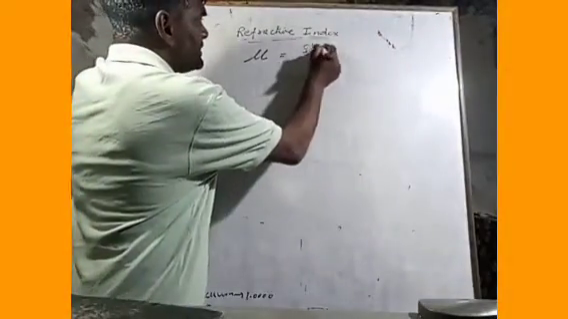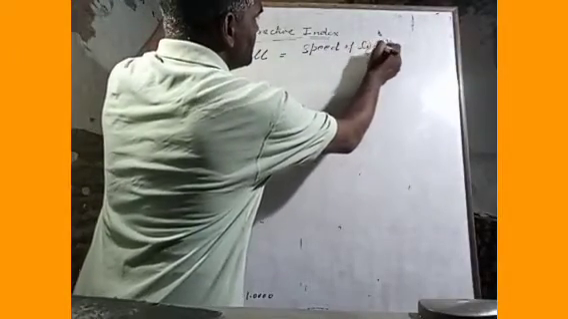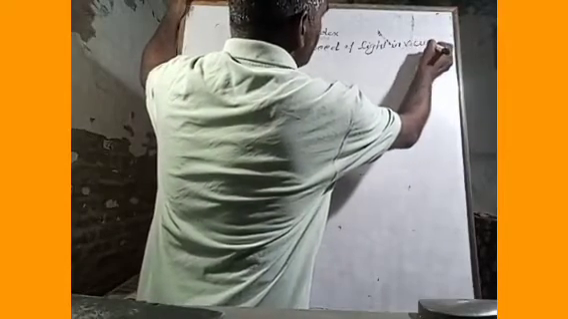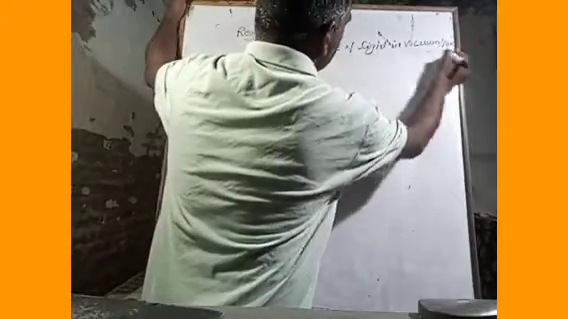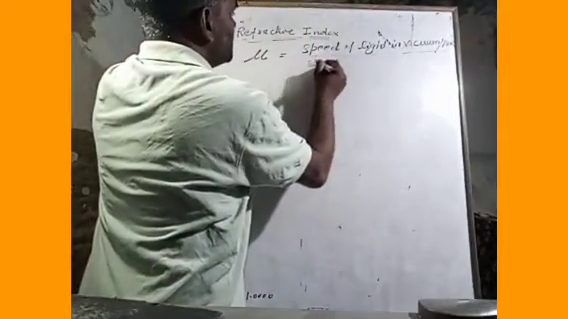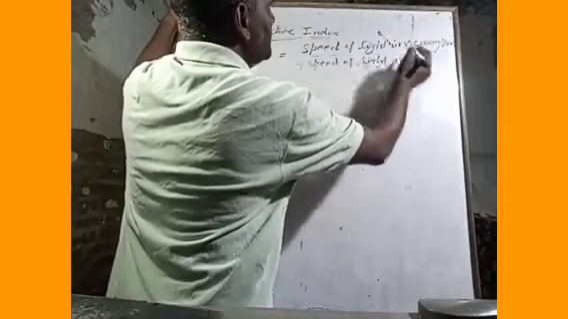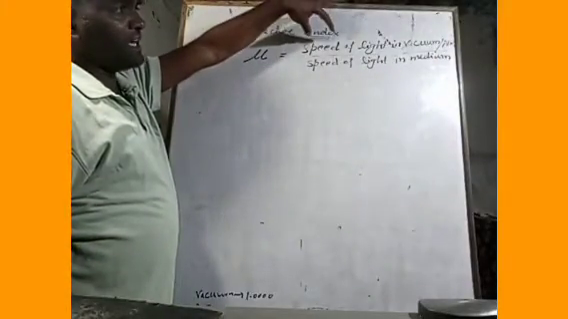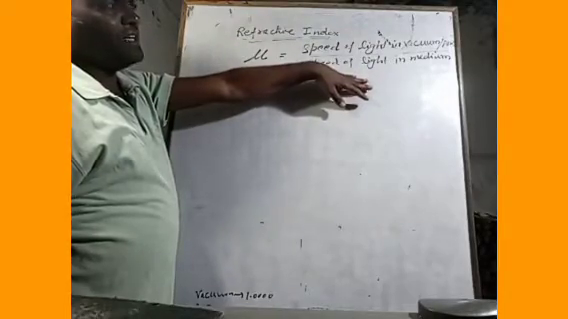Mathematically it is given as speed of light in vacuum or air to the speed of light in medium. When we are taking the ratio of speed of light in vacuum or air to the speed of light in medium,